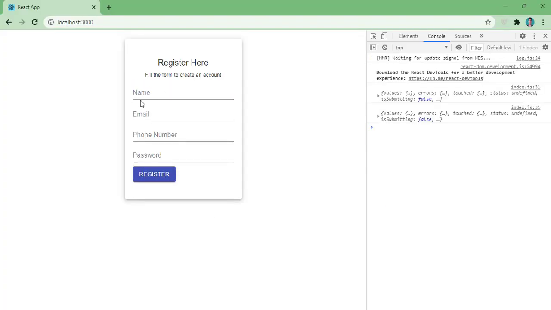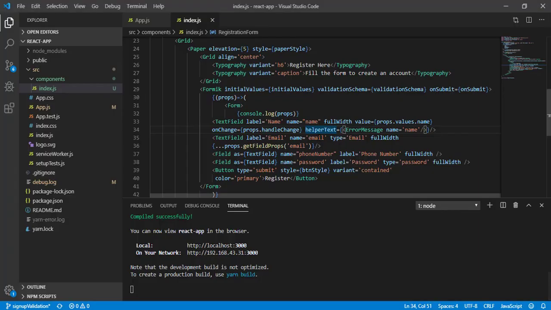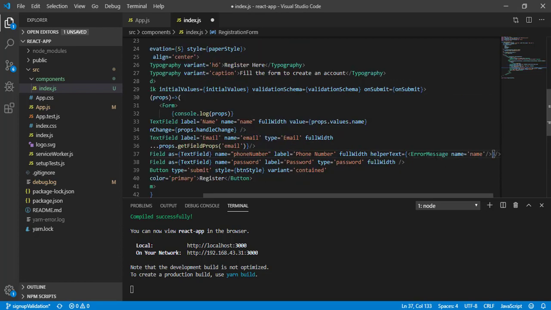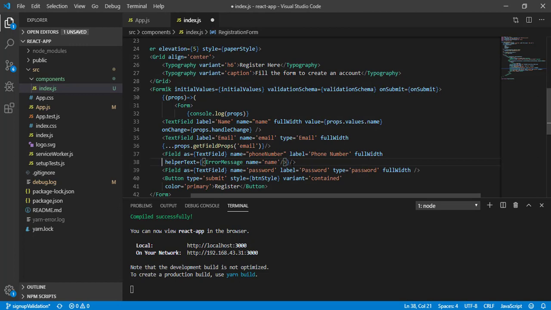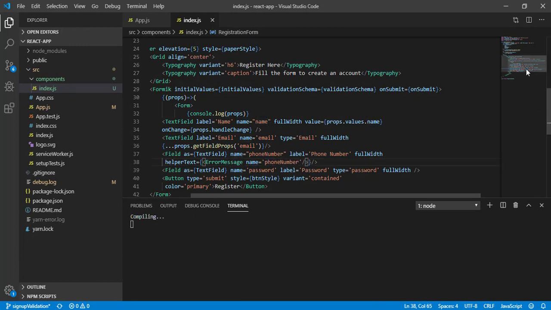So here it's not showing. So now let's do the same thing here: cut it down, come to the phone number field, paste it here, and replace this name with phoneNumber.